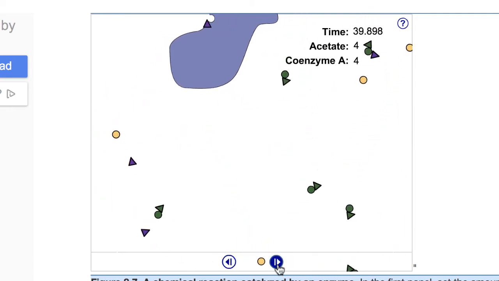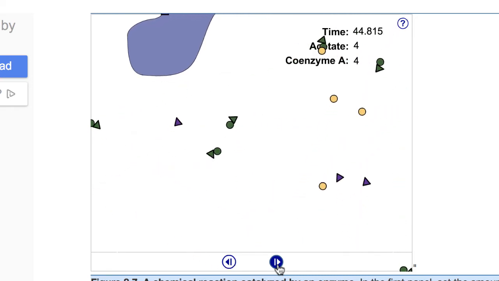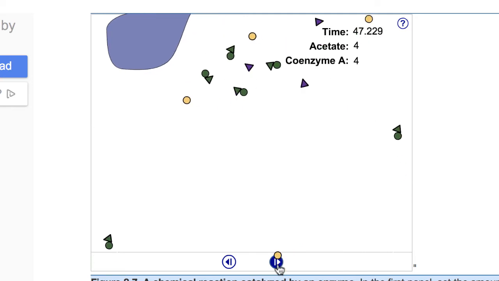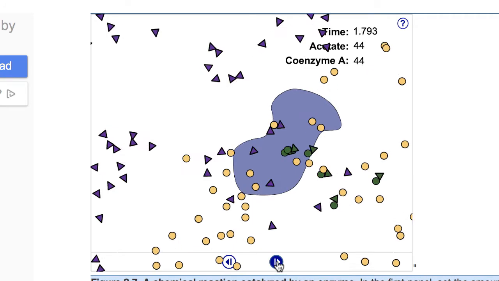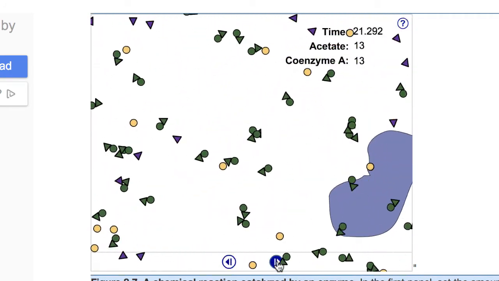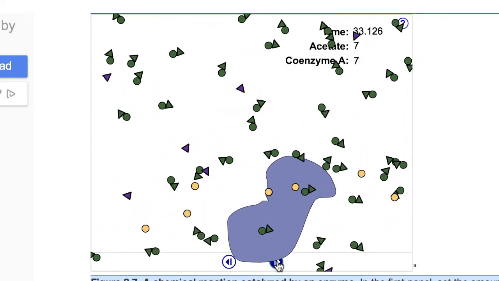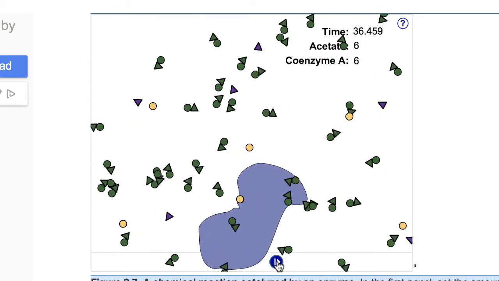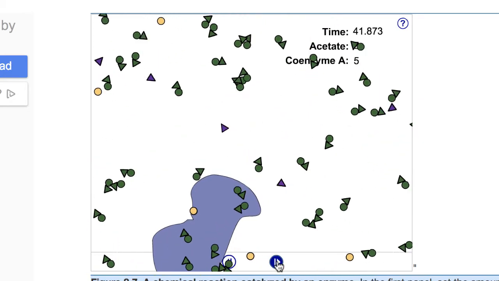That's 6 times faster than what we saw without an enzyme. Of course, this is just a simulation, and enzymes speed up reactions much more than that. Now let's try increasing it to 50 and see what happens with an enzyme. After 30 seconds, 42 of the substrates were converted into products out of 50. Again, it makes a big difference.